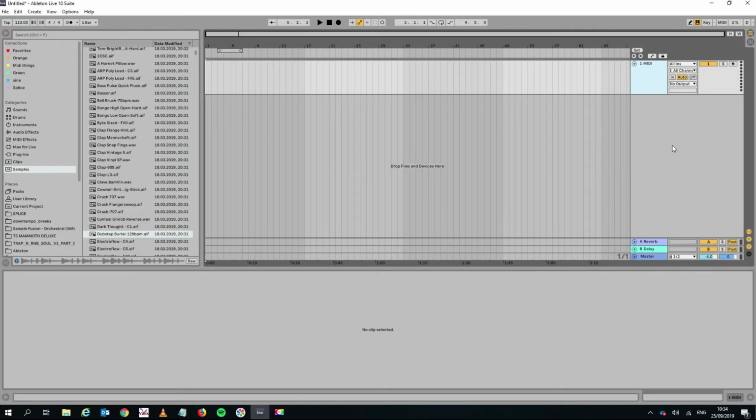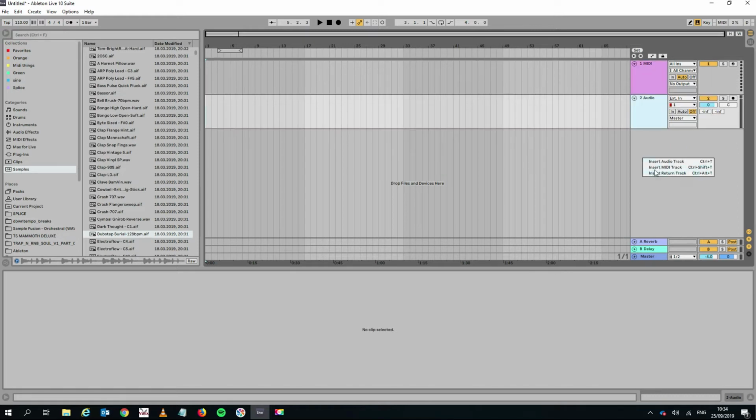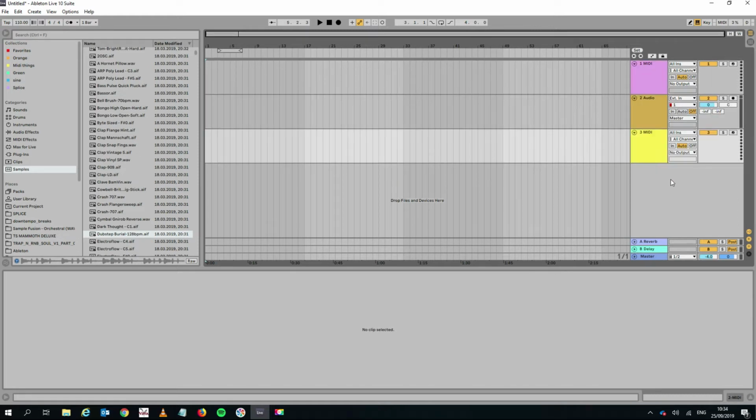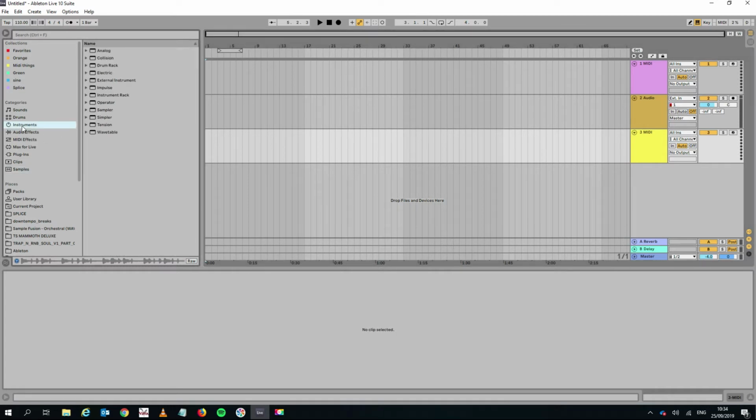To add a track to the arrange view, click insert audio track. To add a MIDI track, click insert MIDI track. A MIDI track is information with notes. The difference between audio and MIDI I just described is that MIDI is notes. So Ableton comes with a bunch of instruments which create MIDI type sounds. Okay, so if we click on one of these, let's click operator and click bass, what we can do is